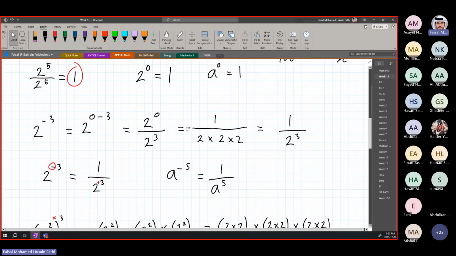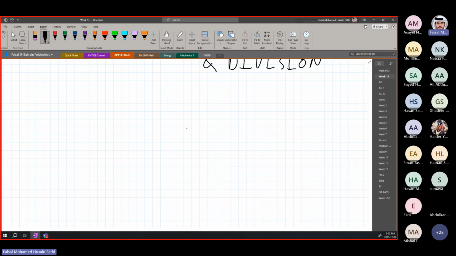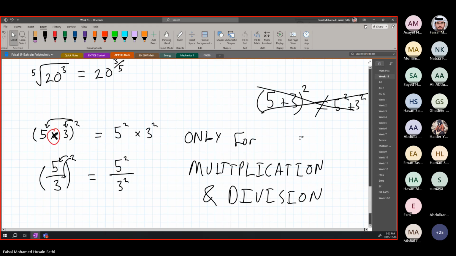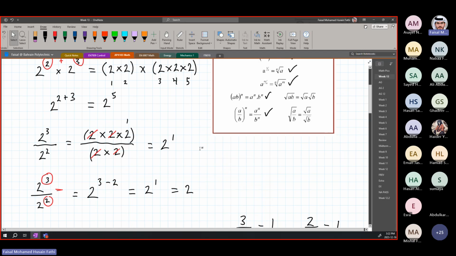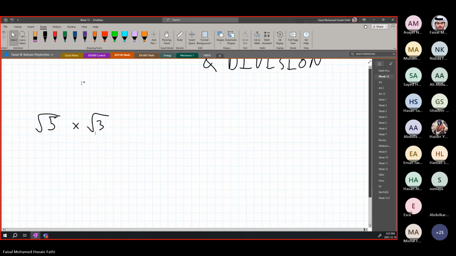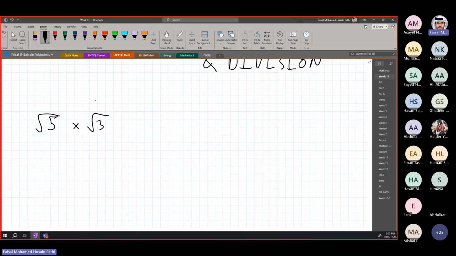And the same thing with the square roots. So let's look at the square root function. So let's say we have the square root of 5 times the square root of 3. If we rewrite this, we can simply say that this is the same as the square root of